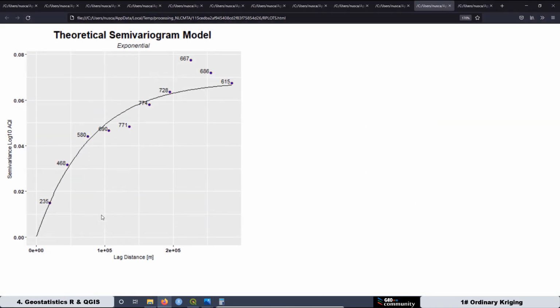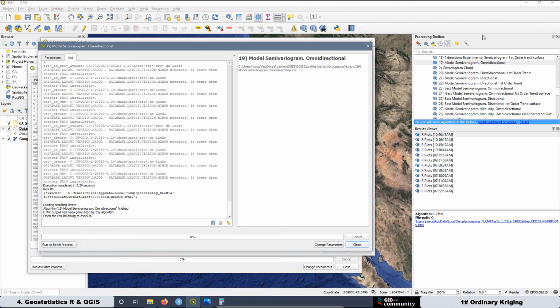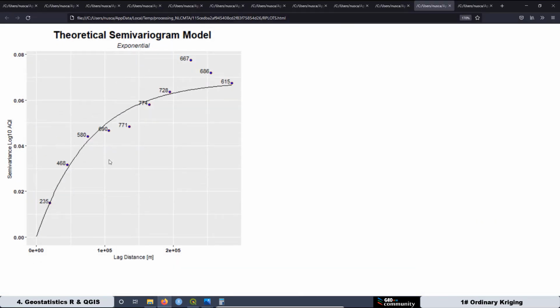And all these scripts are explained in those lessons. Also, we cannot be talking about the best way to calculate the lag distance, because it's going to take a lot of time. All these things are already explained in the third geostatistics course, which is about structural analysis. Also, we have scripts that can calculate the best semivariogram model automatically. Also, we can fit the model manually, but we cannot work on all that stuff because